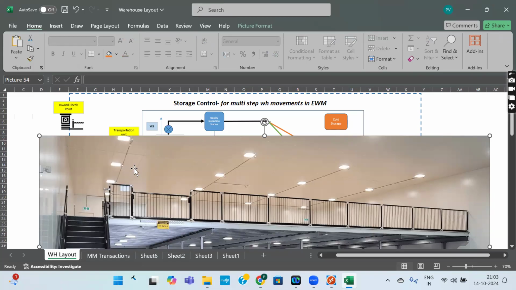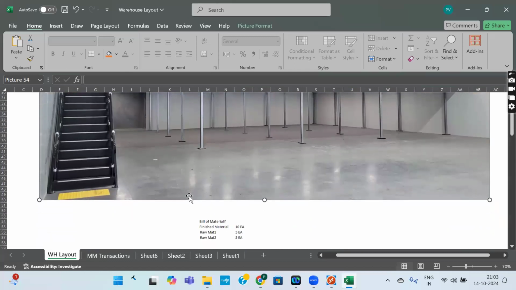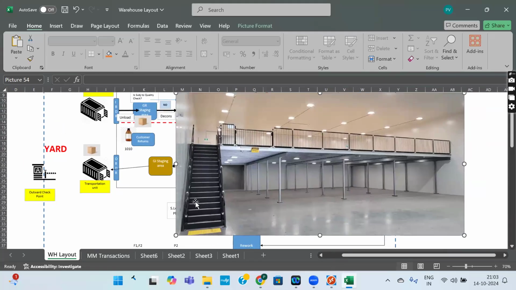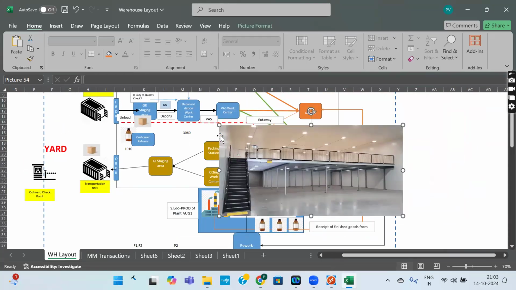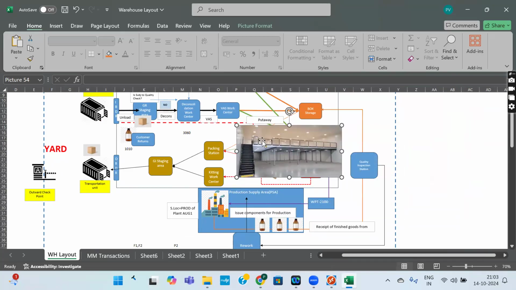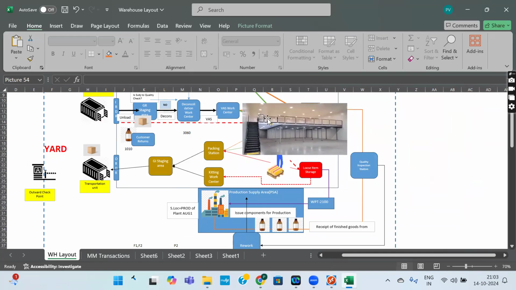Okay, so in that discussion, what is a multi-step movement we had seen? What is a multi-step movement we had discussed during that discussion? Unloading to GR staging area, deconsolidation, put away. Very good, very good, very good. Okay, so now